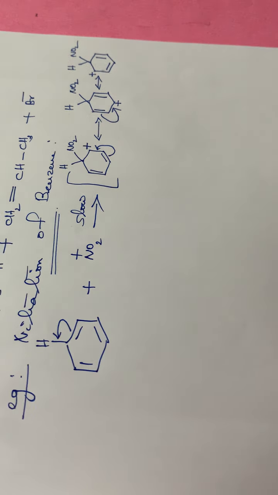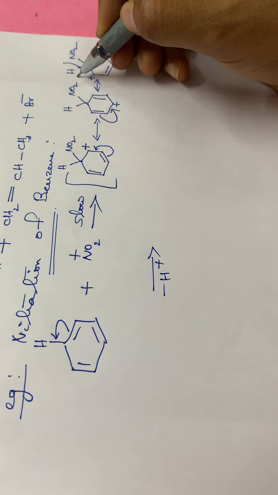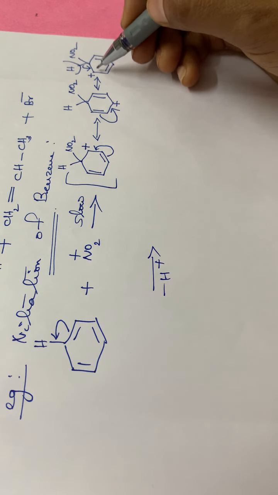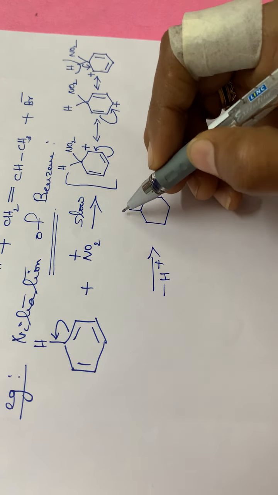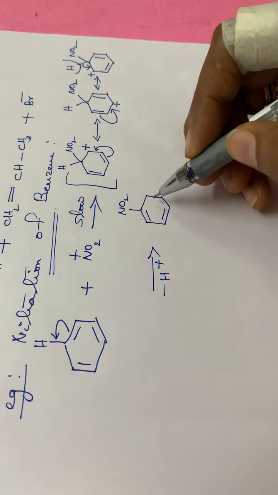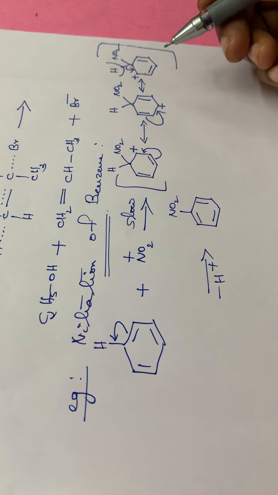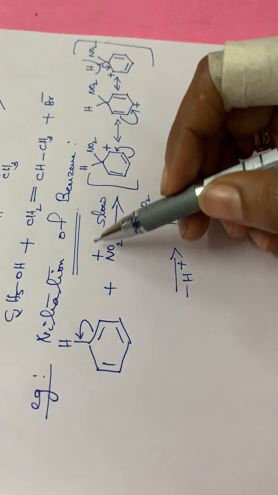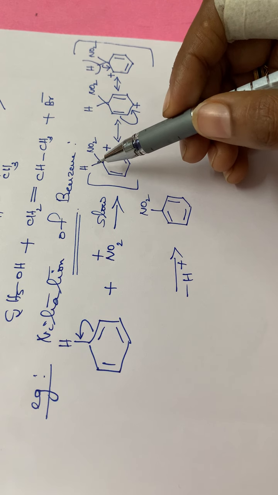Okay. Then in the last step, what happens? Minus H plus. That means this H plus will be eliminated so that this electron pair will be shifting here. So here it becomes a double bond. So in the last step, we will be having NO2, this H plus is eliminated, so here it becomes a double bond. Already two double bonds are present. Okay. So these three are the resonating structures which are formed as an intermediate. So here the first step is the slow step, or the rate determining step. And also in this step there is no breaking of this C-H bond, isn't it?